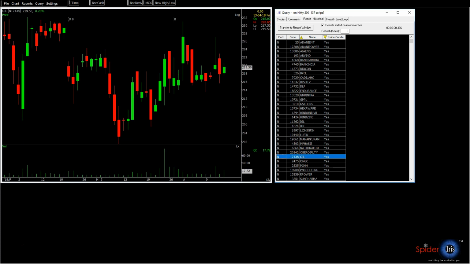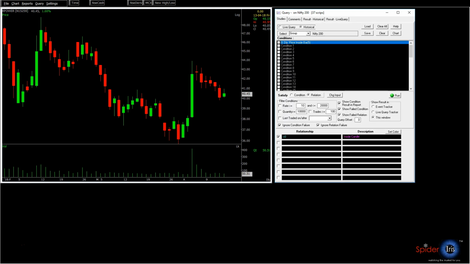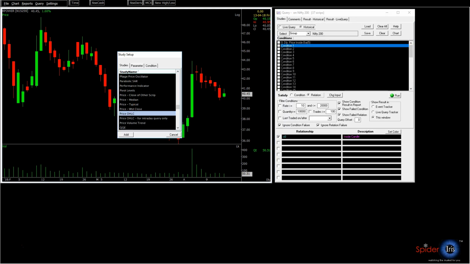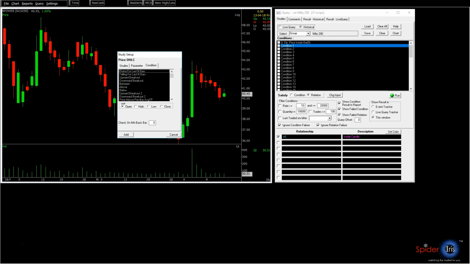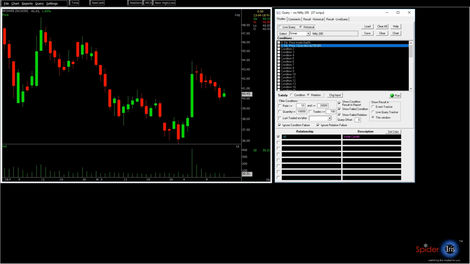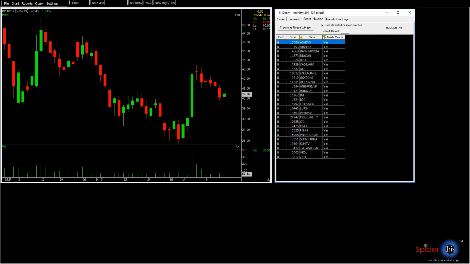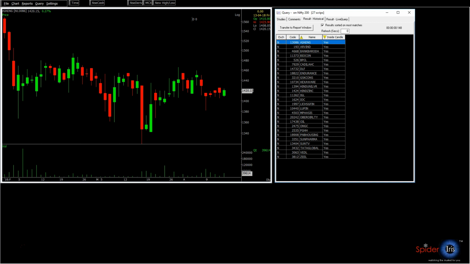of this inside candle. So what I generally do is I try to add a filter here because this is a huge list. So I'm going to filter out on prices which are above a value of 150. This is to further filter out stocks, which will minimize the list and give me a smaller one. Alright, so if you look at it now, these are the stocks which have a price over and above 150